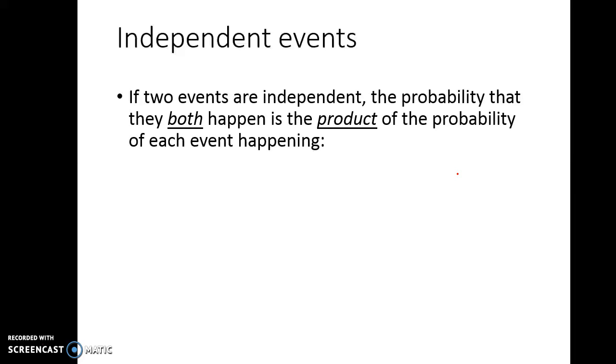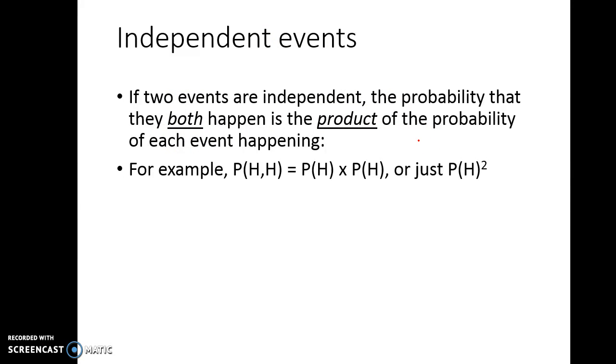So, independent events, how do we calculate the probabilities? If 2 events are independent, the probability that they both happen is the product of the probability of each event happening. So for example, if we wanted to know the probability of getting 2 heads in a row, which we already drew out before and found was 1/4, you could also just calculate that by saying the probability of getting a